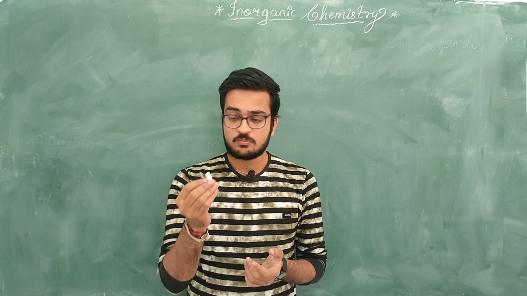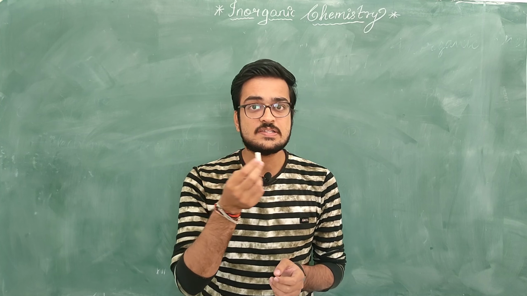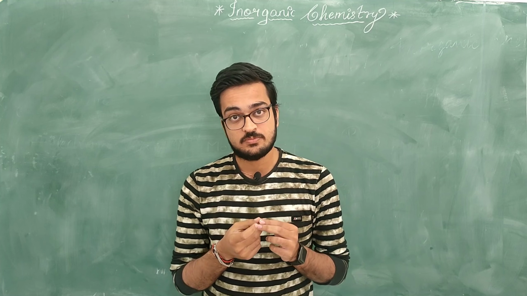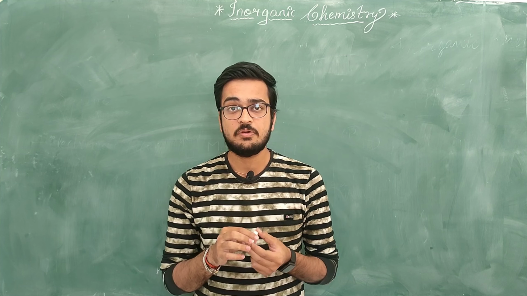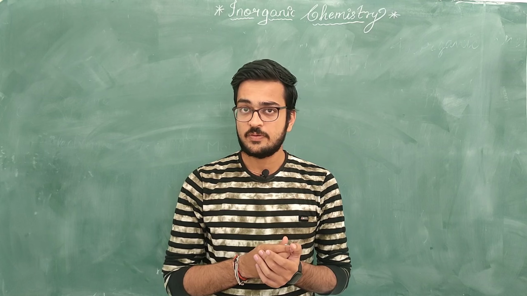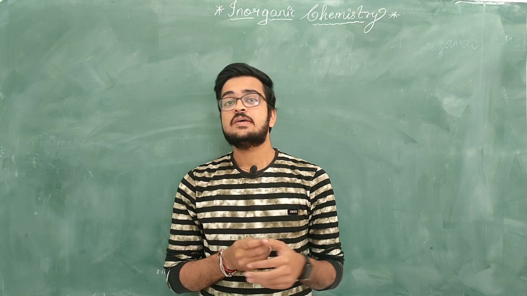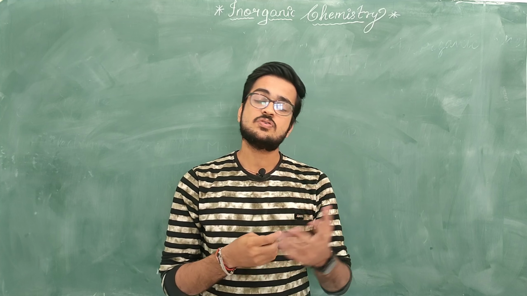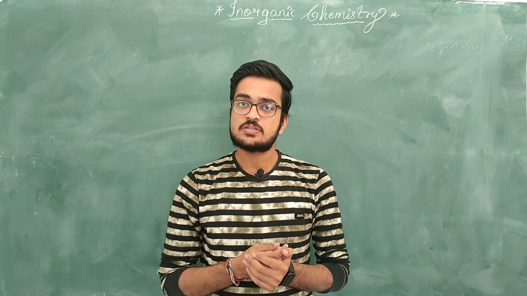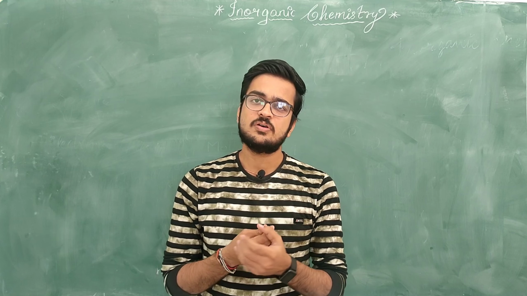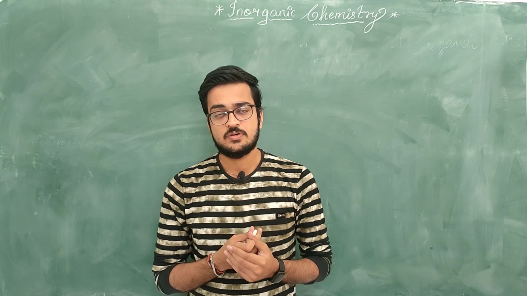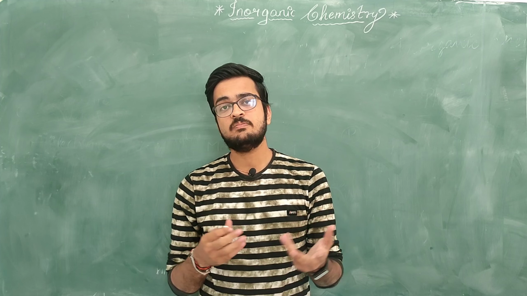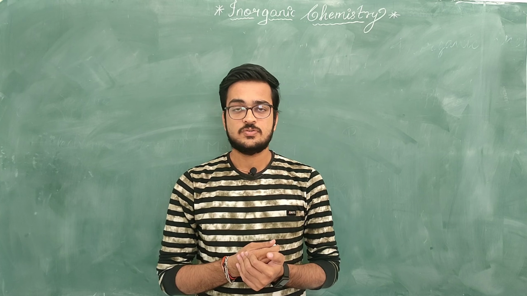Now, this chalk contains calcium. Calcium is one of the elements of the periodic table, one of the elements which exists on the earth. Second thing, elements can be man-made. Some of the elements are man-made, synthetic elements, and most of the elements are naturally occurring. Some occur in very large amounts and some in very trace amounts. So there are different types of elements, and according to their availability, we use them according to our uses.